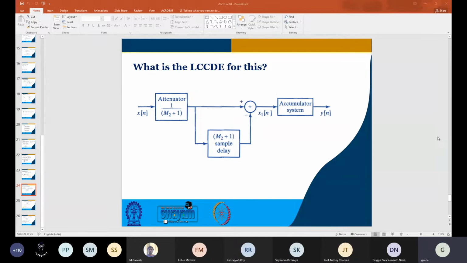If anyone is finding it difficult to understand how to decode or write in the form of a linear constant coefficient difference equation given a system like this, you can ask at this moment. Later on, we will have more complex systems, many block diagrams, a large number of parallel paths. So you should not face difficulty at that time. These are early classes. Even if you have studied it before, in a review class, you get your doubt clarified.